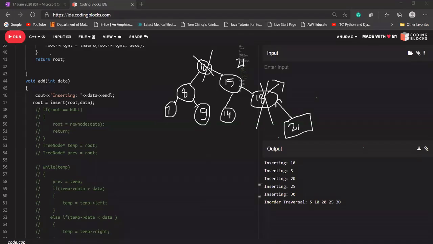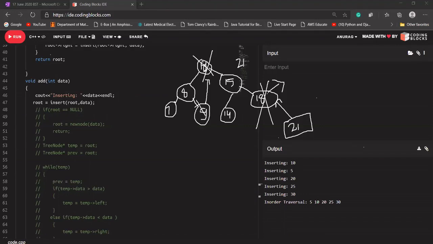Let's talk about the predecessor first. If I'm talking about the in order predecessor, I'll go first into its left part, then I'm going to go into its right part, and keep going right until its right part is null. Why is it an in order predecessor? Because if we try to traverse it in the in order form, it will go 7, 8, 9, 10. So 9 is the data that is going to come before 10 in the in order traversal. So I can swap this, and 9 can come here.